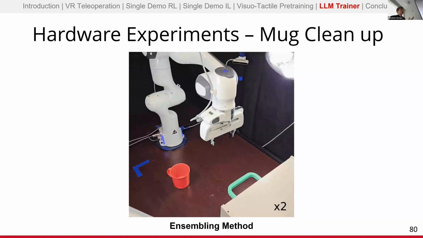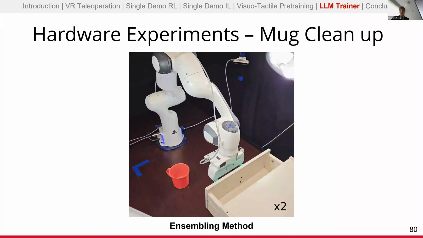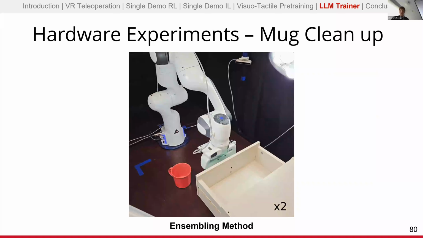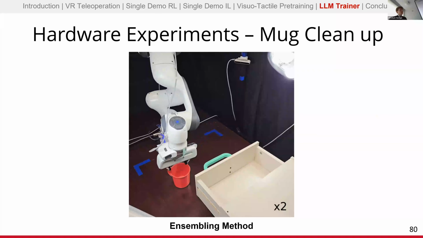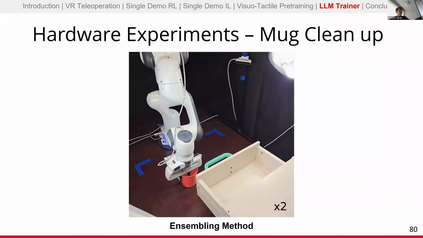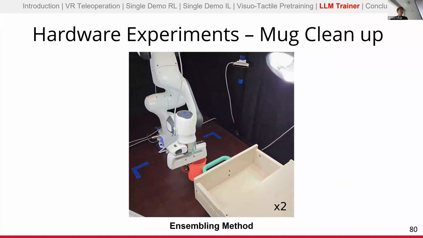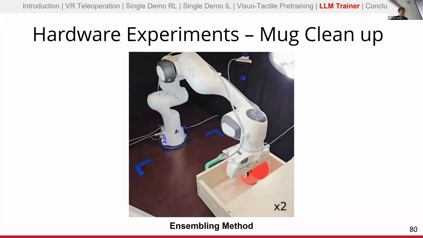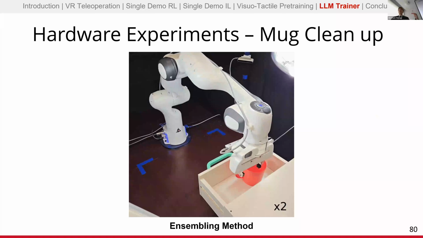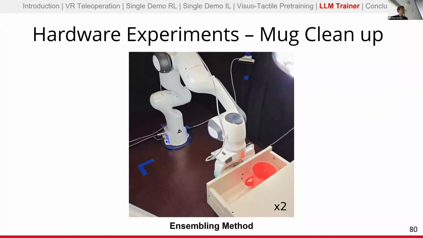So finally, with our ensembling method shown here, we can see that the agent is able to open the drawer, pick up the mug, and this is running the LLM feed-forward. But when the LLM would hit that handle, instead the imitation learning kicks in, pulls it back to save the demonstration, and then afterwards that feed-forward policy picks back up and finishes the task.